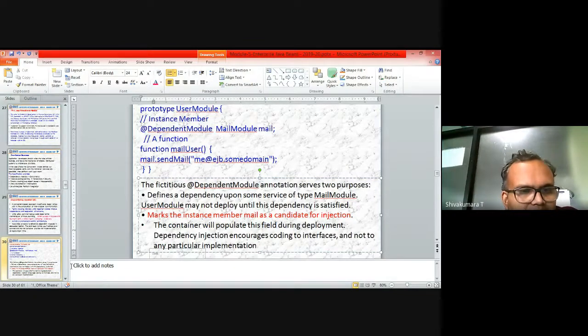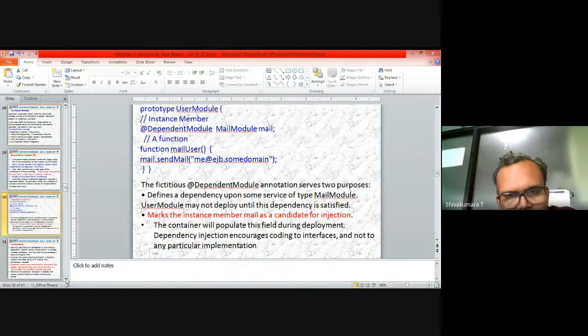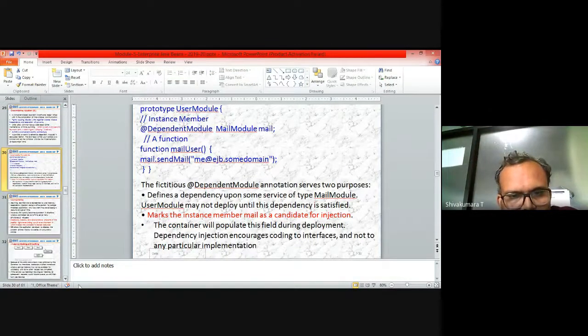Is it clear? Any questions with respect to this? This is a very important concept, dependency injection. No questions, right? Fine. Next,